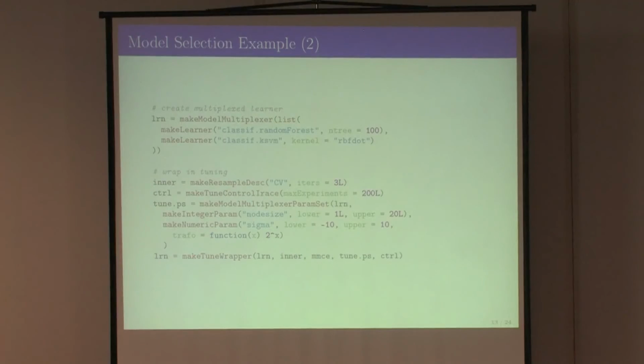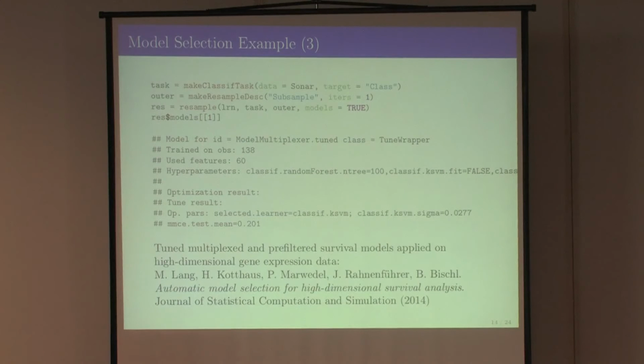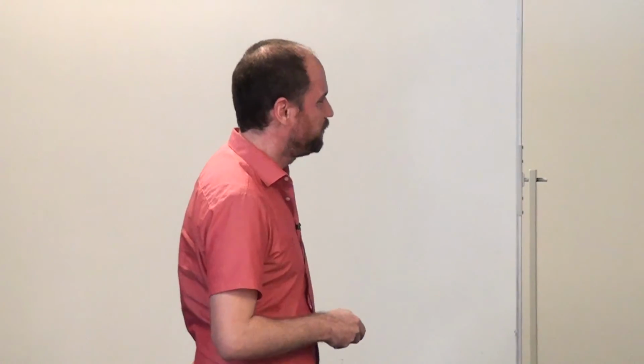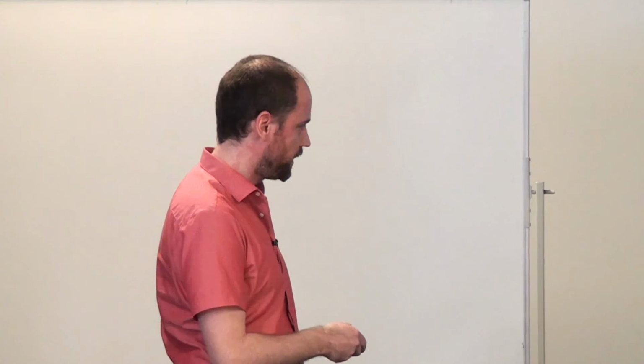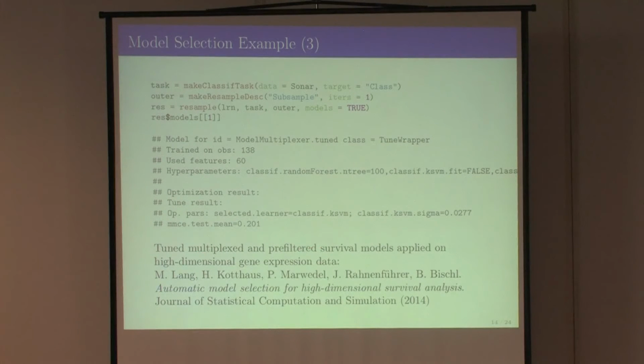And if you use this wrapper approach here, now you just say, well, cross-validate the wrapper, call resample again, and this will do everything at once. Another line of code, and you do it in parallel. Yeah, actually, that's on here. If you want to read about this a little bit more, especially for survival analysis, but what we did in there is pretty generally possible for other supervised modeling techniques. Bischl and I wrote a paper about optimizing pre-processing operations and survival models, in this case with iterated F racing.